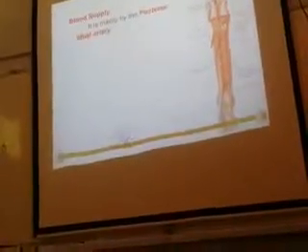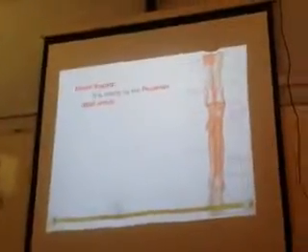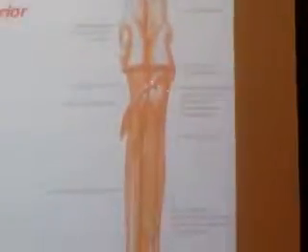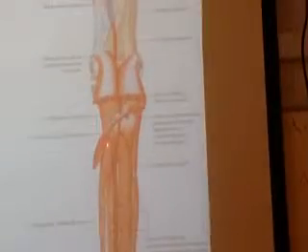Coming to the blood supply, all these muscles are supplied by an artery called the posterior tibial artery, which is nothing but the branch of the popliteal artery. You see here, this is the popliteal artery, in the popliteal fossa. When it comes down into the soleus, it divides into two branches, the anterior tibial artery and the posterior tibial artery. This posterior tibial artery again gives a branch called the fibular artery. So both these arteries will be supplying the posterior compartment of the leg.